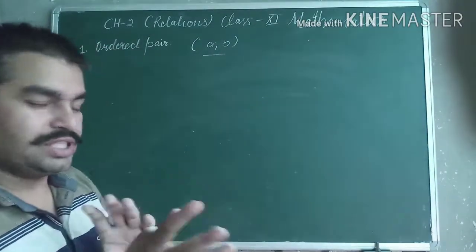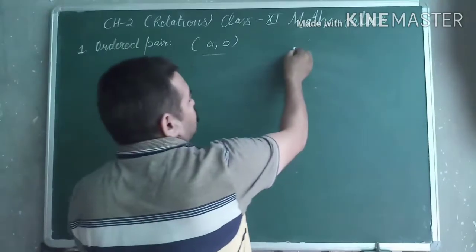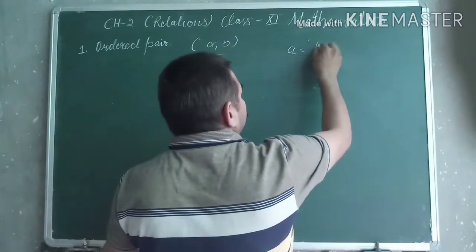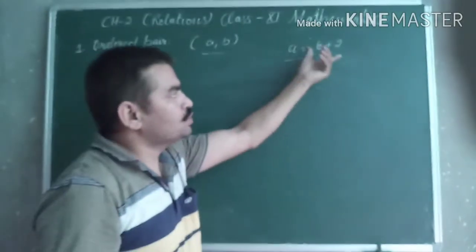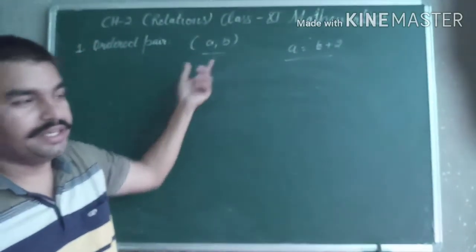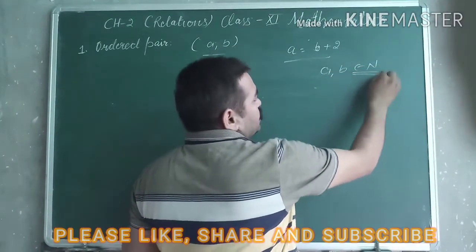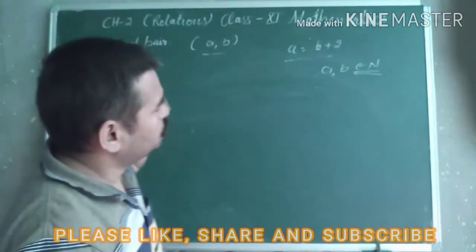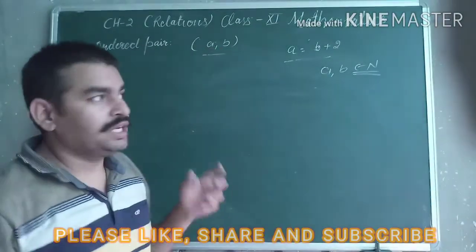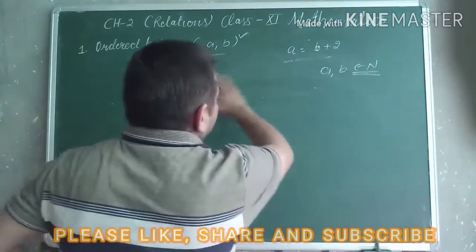इनके अंदर कुछ फिक्स रिलेशनशिप होता है. जैसे मैं कहता हूँ कि A इज इक्वल टू B प्लस 2. A क्या है? B प्लस 2 है. तो एक फिक्स ऑर्डर के तहत ये रखे गए हैं. एंड A एंड B बिलोंग्स टू द नेचुरल नंबर्स. अगर A और B बिलोंग्स टू नेचुरल नंबर हैं तो A और B का जो ऑर्डर पेयर बना, वो क्या बनेगा हम यहाँ से बताएंगे.